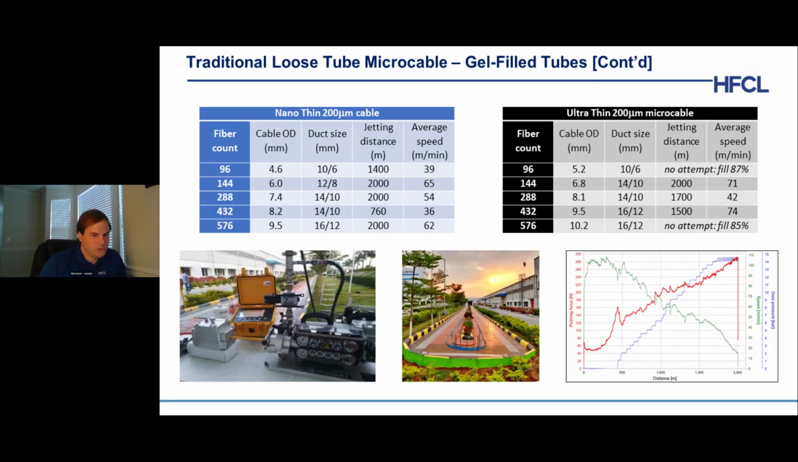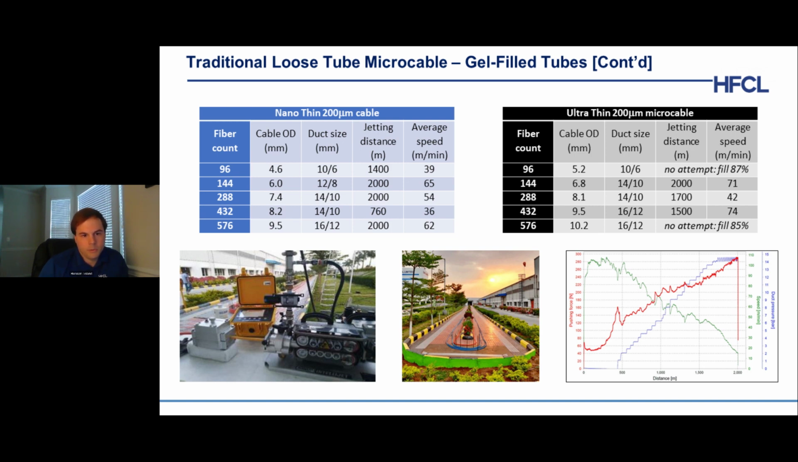Last slide on the traditional loose tube with the gel filled tubes. These are just the jetting performance results for our nano thin, the smallest designs, and our ultra thin, which is our second smallest product line. The 96 up to 576 are shown here. The different cable diameters, and what you'll notice is,